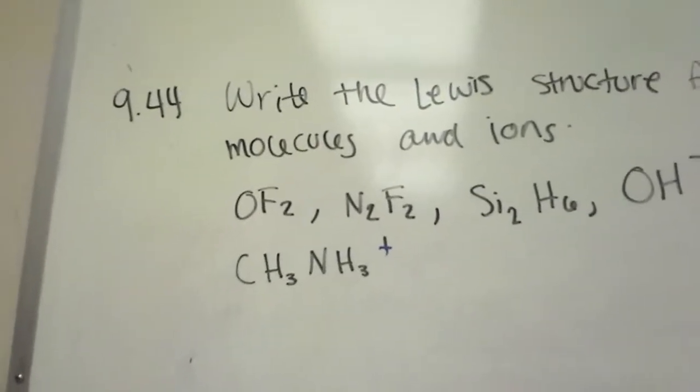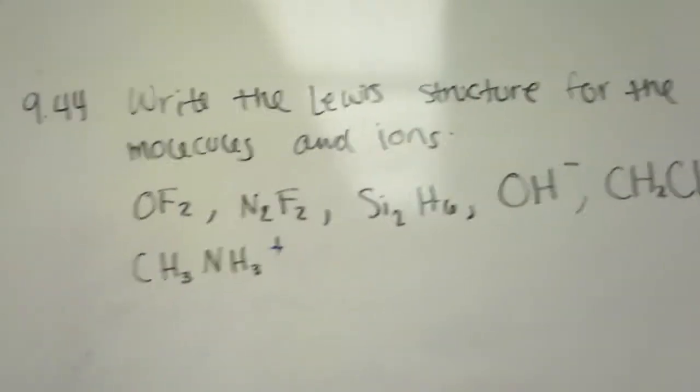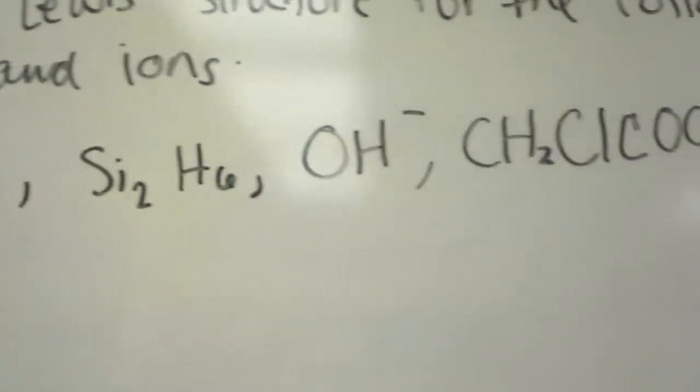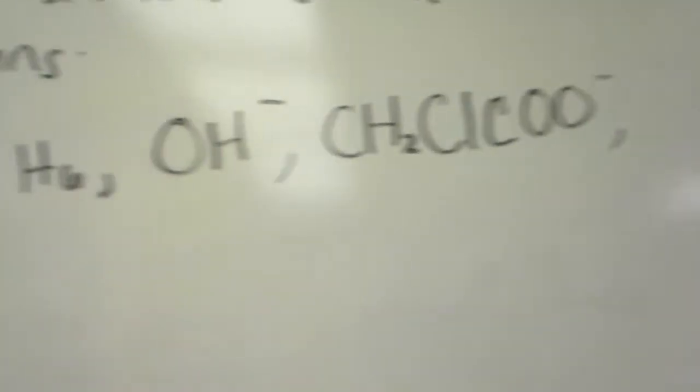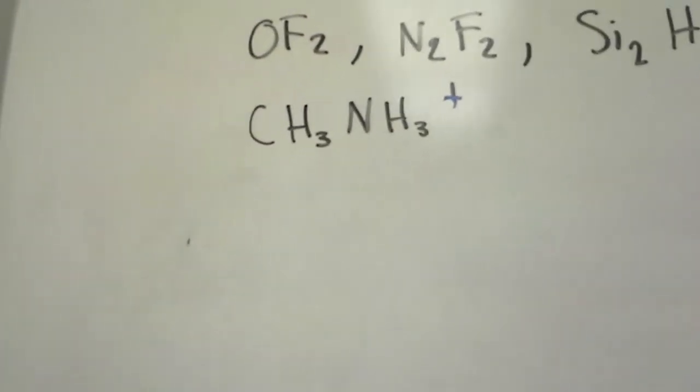Problem 9.44. Write the Lewis structure for the following molecules and ions: OF2, N2F2, Si2H6, OH negative, CH2ClCOO negative, and CH3NH3 plus. To write a Lewis structure, what you want to do is write down the symbols for each of the elements